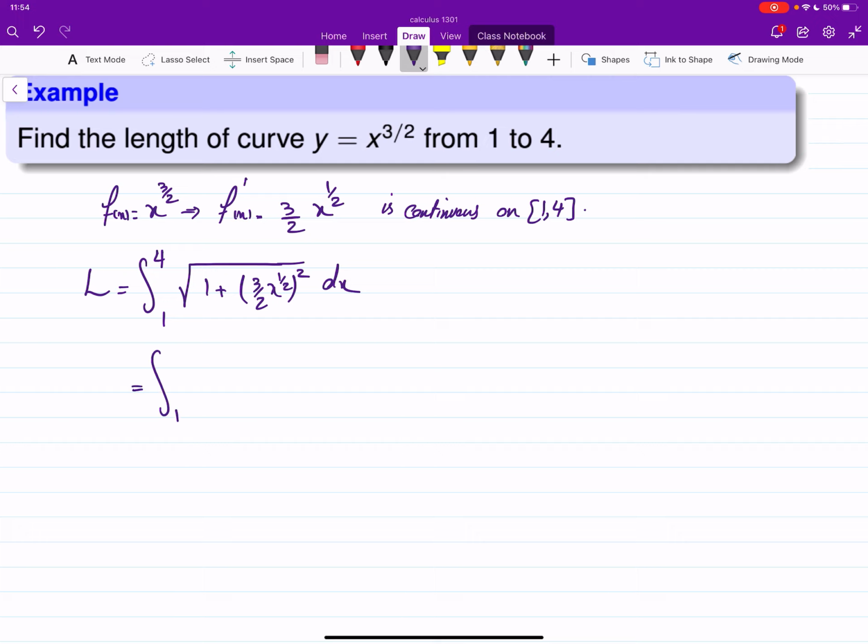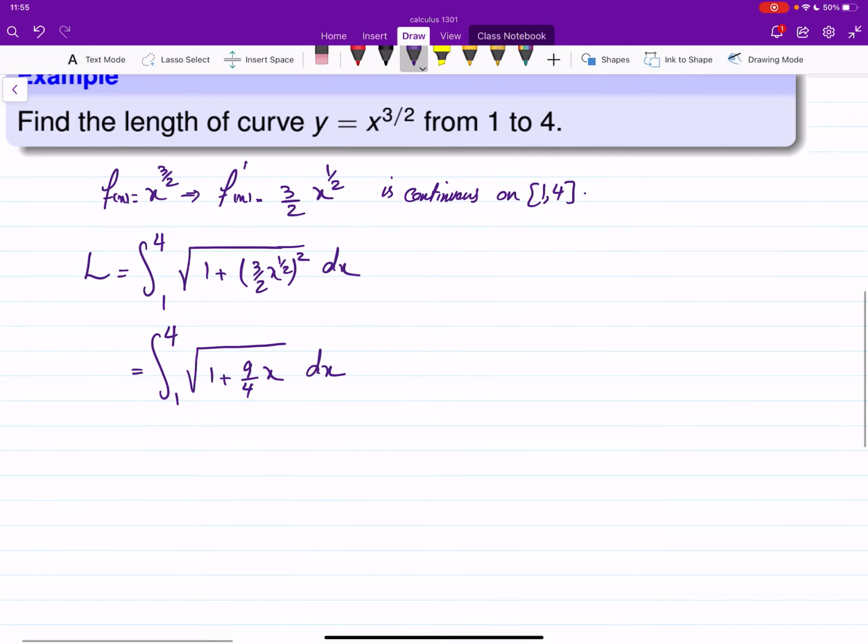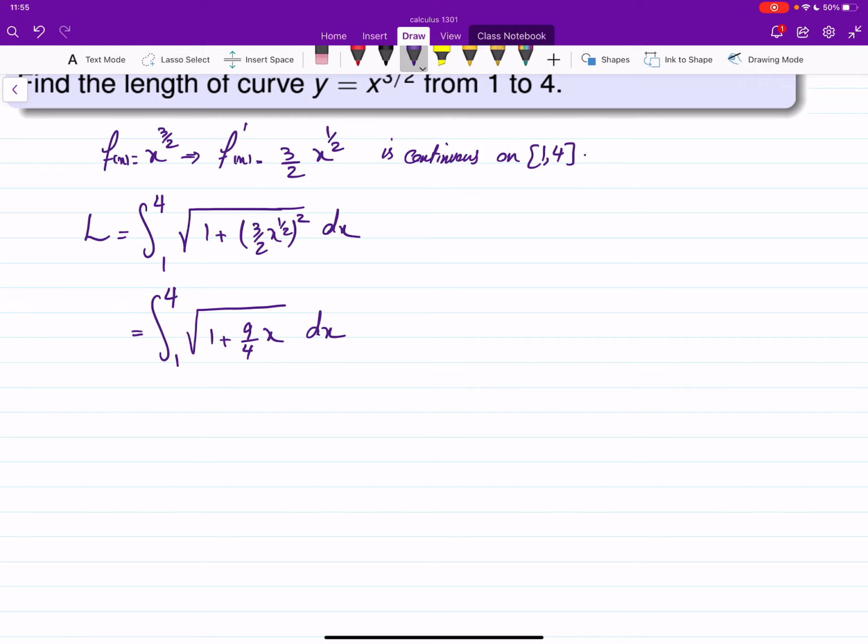Okay, so 1 to 4 of root 1 plus 9 over 4 x to the power half squared is x dx. So we wrote this arc length as this integral. Now, can we evaluate that? From this point on it depends on how many tricks and techniques you know for integration. This is a linear function under the square root, so that can be integrated by substitution, and that will give me du equal to 9 over 4 dx,